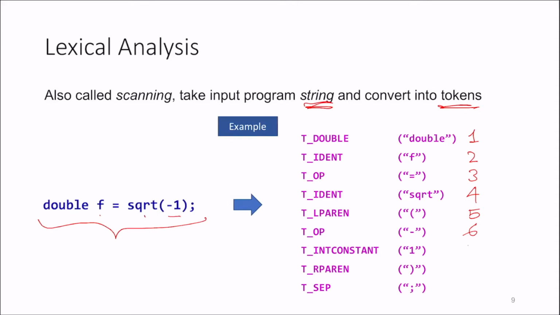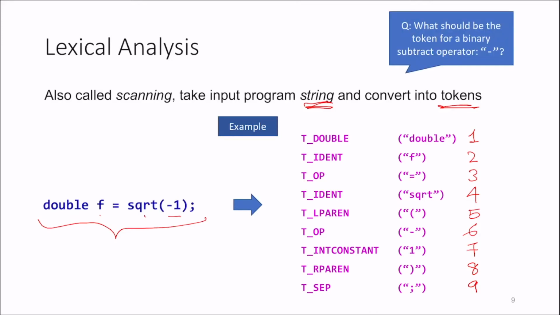The integer constant is the seventh token. Then the eighth token is the close parenthesis, and finally we have the ninth token, which is the end of this statement, a semicolon. So one question I want you to think about here is, what should be the token for a